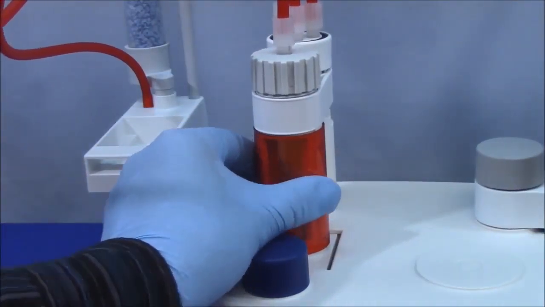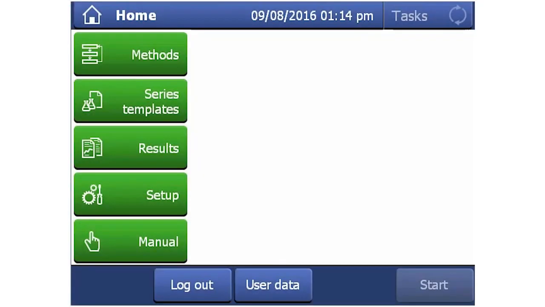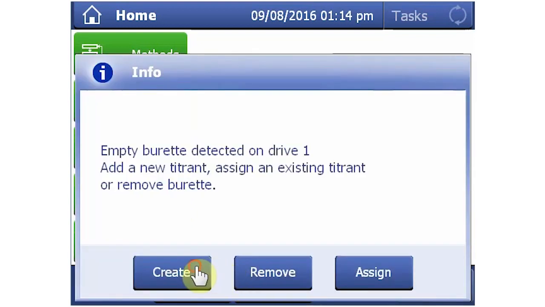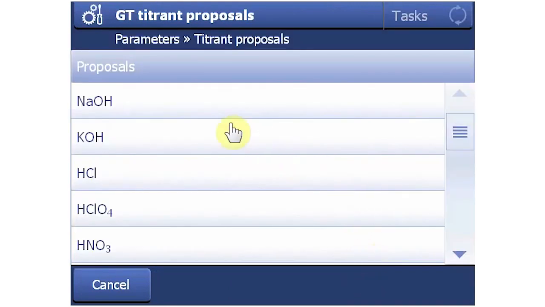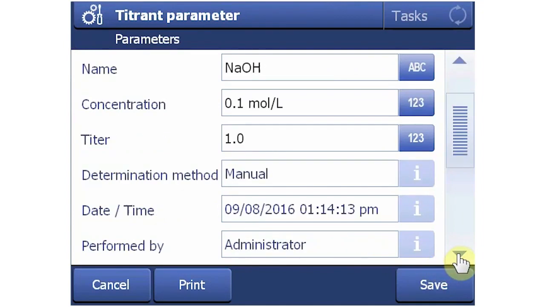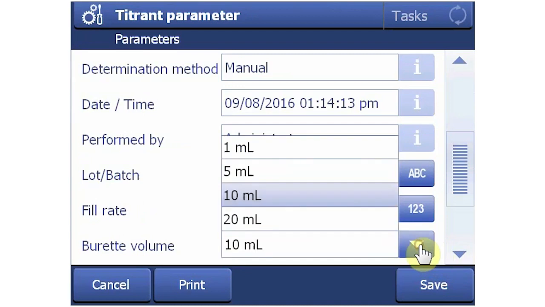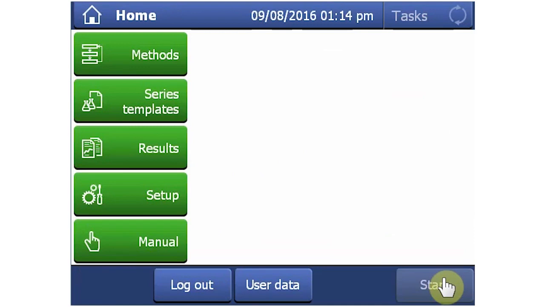Lastly, slide the burette on the titrator and place the dispensing tube in the titration head. The titrator recognizes a new burette and gives instructions. Assign the titrant by selecting Create. Selecting the name field and selecting Proposal lets us select the titrant, in this case NaOH. Selecting OK brings us to the previous screen, and the default titrant concentration of 0.1 moles per liter is correct. Finally, the burette volume needs to be set at 20 milliliters. Selecting Save writes this to the burette's RFID chip, so next time the burette is used on any plug-and-play titrator,